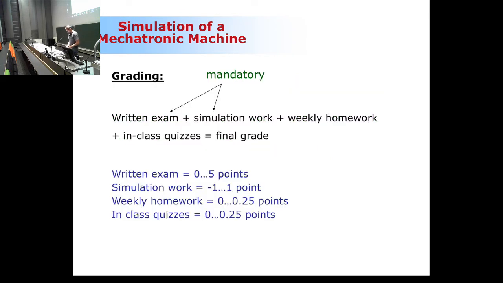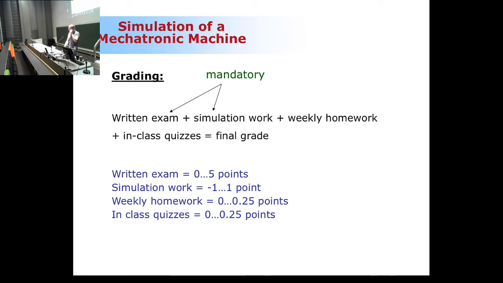All right. Then grading. This is what you've been looking at. So you want to know how to score high in this course. Here's a formula that makes it happen. So let's take a look. In this equation, I have two mandatory items. The first mandatory item is a written exam. You have to do it. There are two alternatives to do it. What are those alternatives? We'll get back to that soon. But you must do the written exam and you must do the simulation work. So those are the two mandatory items.